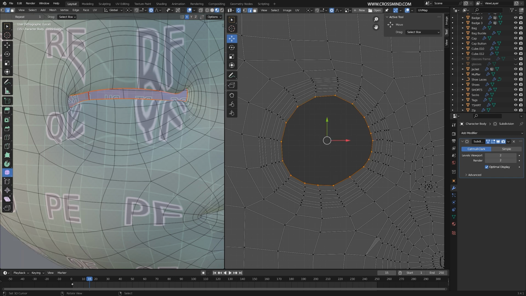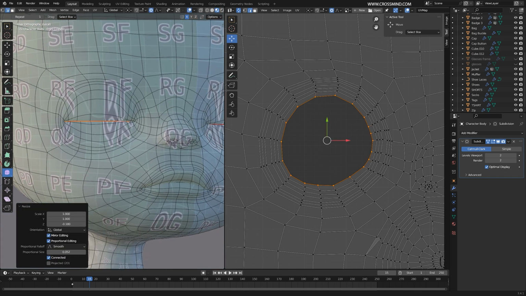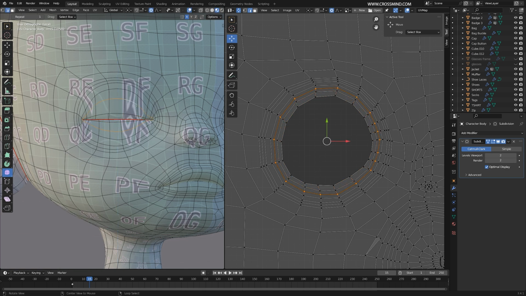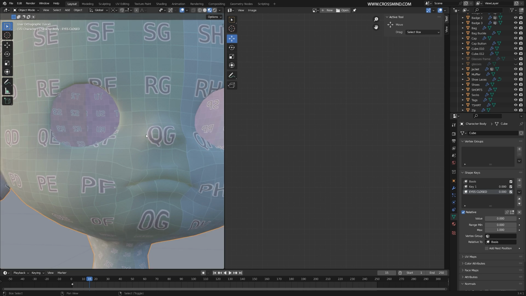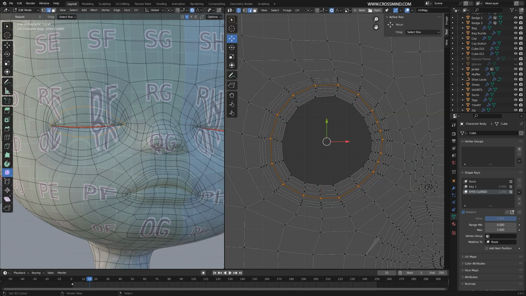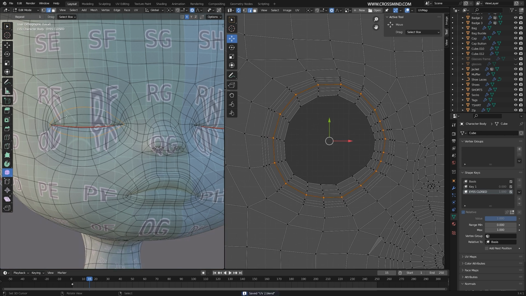SZ, select the entire grid, close both sides, and SZ again with proportionate editing enabled. Just make sure these loops are transforming gradually around the eyelids. Now if you go to object mode and scrub this number all the way till here, you can see in the mesh the texture around the eyelids is stretching. So we need to fix that in UV.